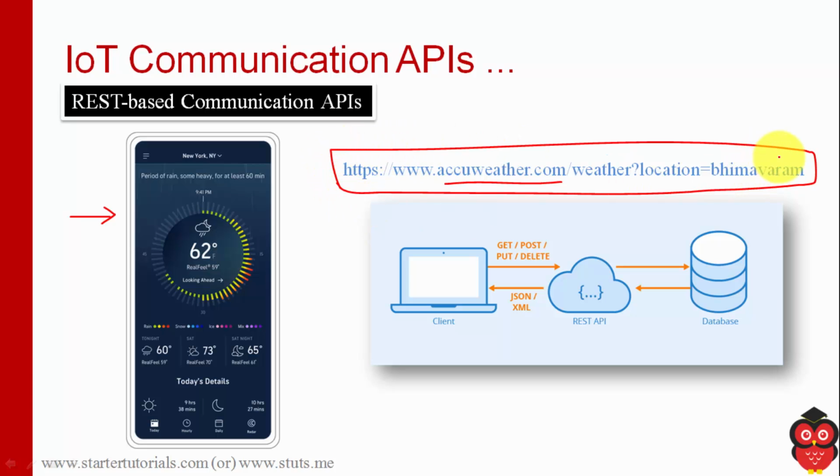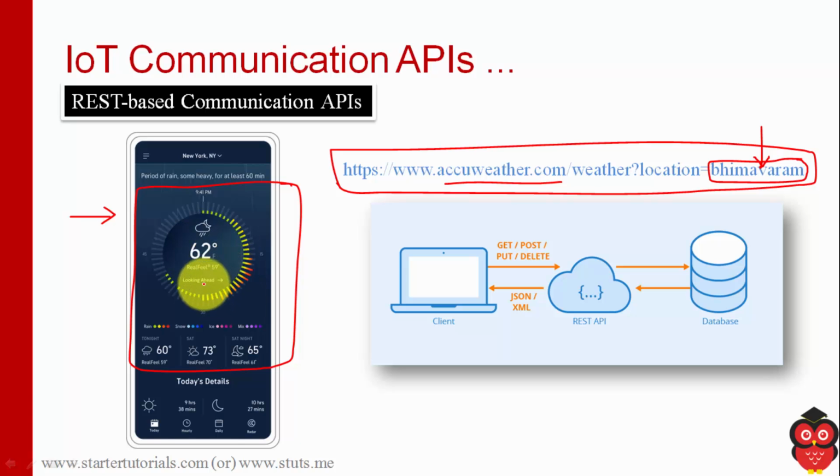Okay, so let's say I am searching for weather in a location called Bhimavaram. This request will be going to the AccuWeather server from your mobile phone. So AccuWeather's API will catch this request, extract this information, search for it in the database, and then send you back the response, which will look like this. It doesn't send back an image, it sends the data, and the data is represented on your mobile phone